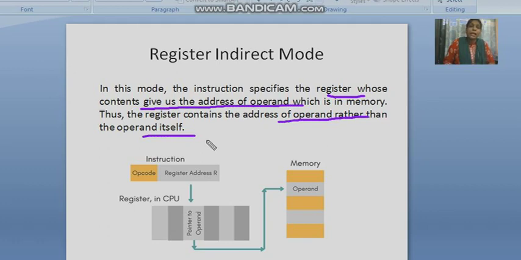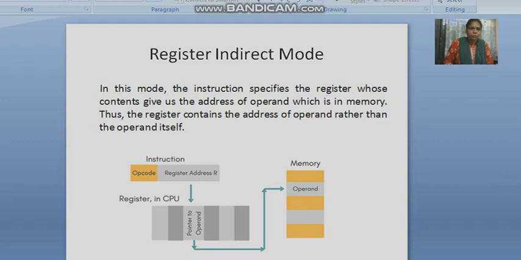It contains the address of the data, and that address belongs to a memory location. So this is the opcode, this is the register address R, and this is the main memory, pointed to by the register. Okay, so this is the register indirect mode.